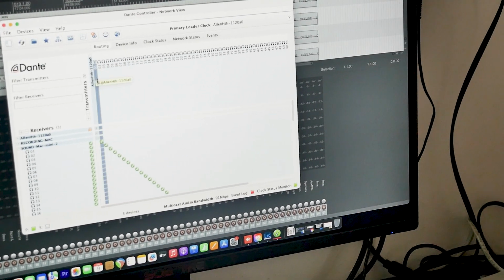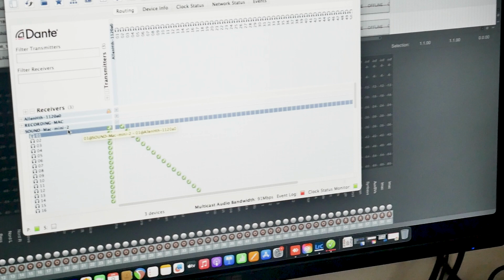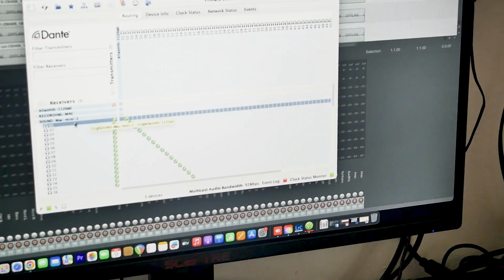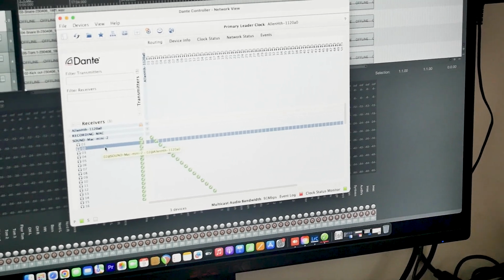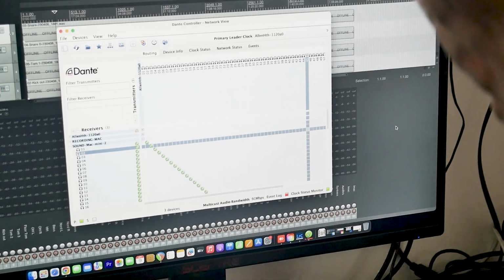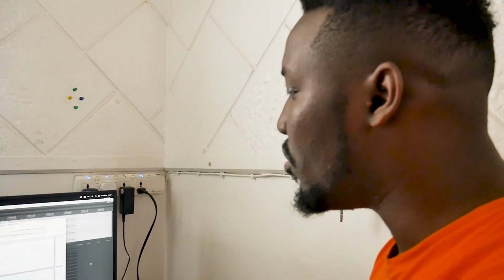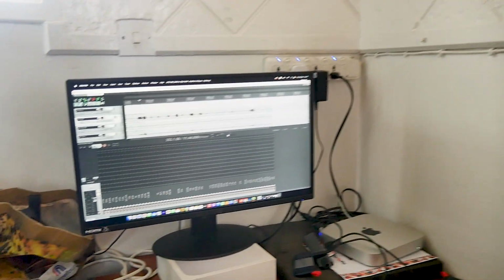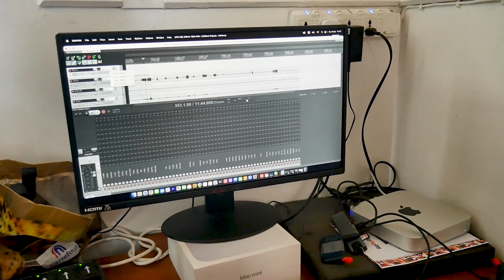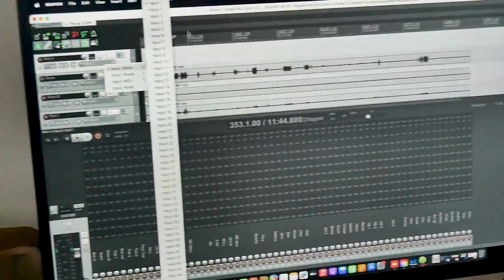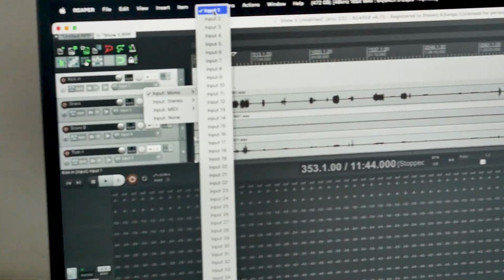So like number one goes to number one on our computer. Number two on the Allen & Heath goes to number two on the computer. So we're able now to follow how the input is. Then when you come here, you just come and select. So like this is now number one. You see, you can just come and select whatever input you want here, and then patch